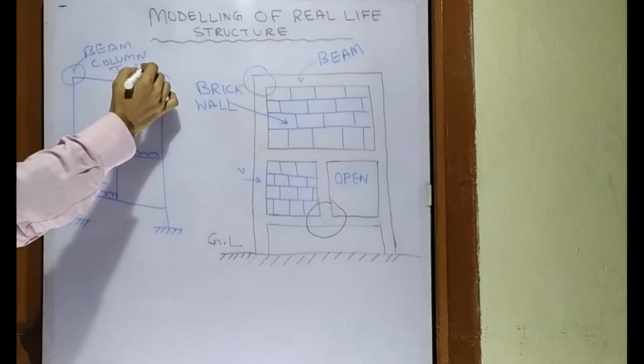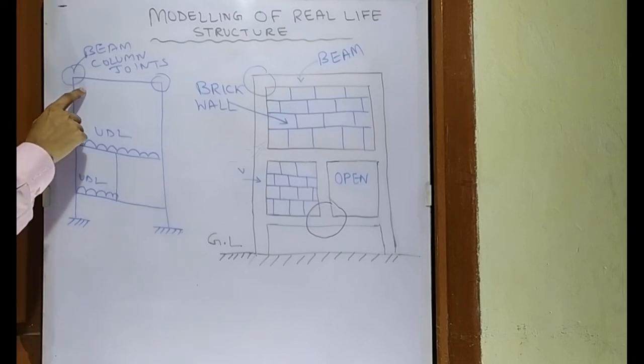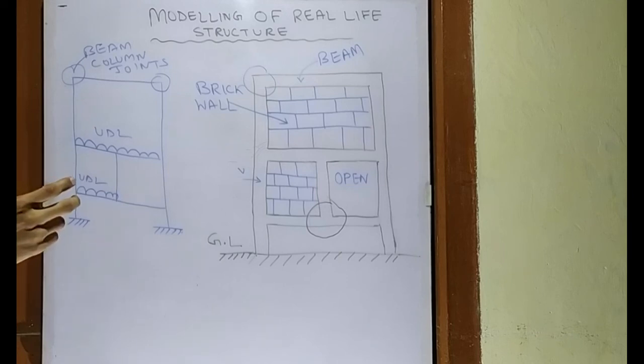Beam column joints are very crucial in any type of structure, because we should model them accurately. In our previous video we discussed that a rigid joint after rotation will have the same angle as before rotation, but in a real structure it may not happen. There may be some other problems which may happen in a real-life structure, so we should model them according to our practical structure.